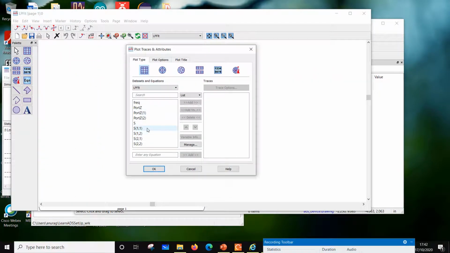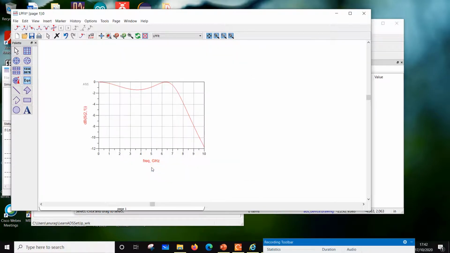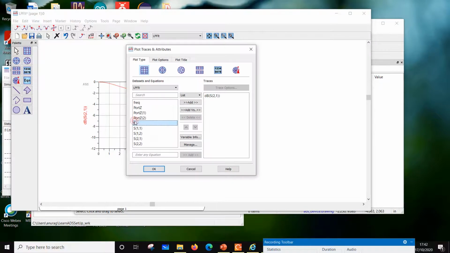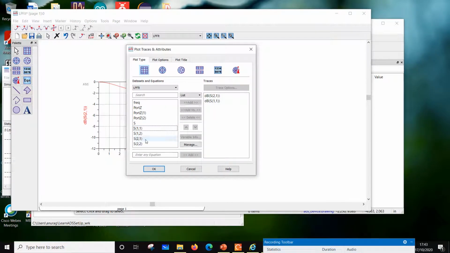You just click on one of the graphs and click here. Let's say I'm going to look at S21 in dB. This is what it looks like; it looks like a low pass. Now S21 is as good as a gain for passives, but it has a special definition, it's not just a gain. Similarly, S11 is a reflection coefficient under a special condition, and S22 is also a reflection coefficient under a specific condition.